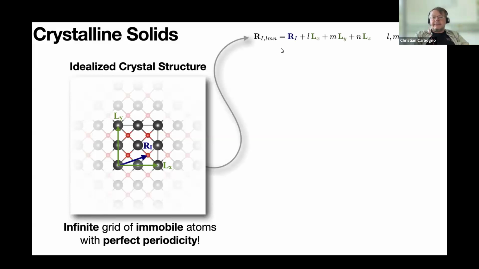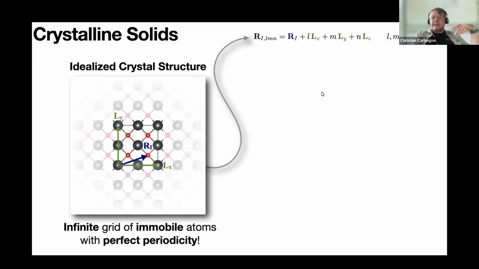And these lattice vectors are actually describing this translational symmetry. And mathematically, we write that down in that way. So you have basically one vector that is called Ri in blue here that describes the position of an atom in the unit cell. And then you can add all kinds of lattice vectors to it, which will describe basically the copies where these atoms are sitting. And this is how you usually describe such a system, how you think about it, how you treat it mathematically.